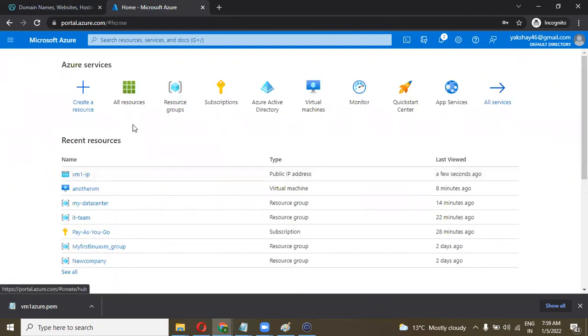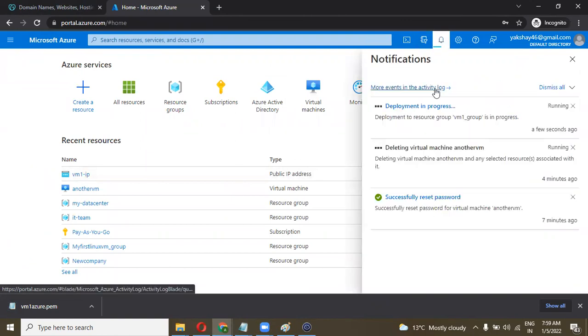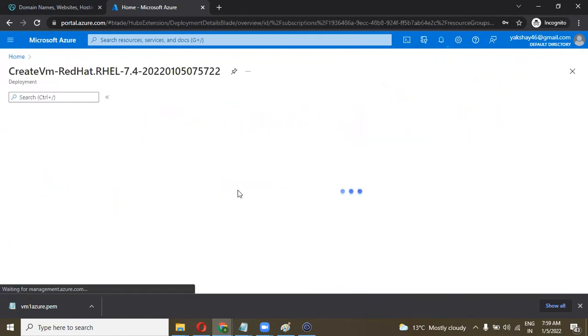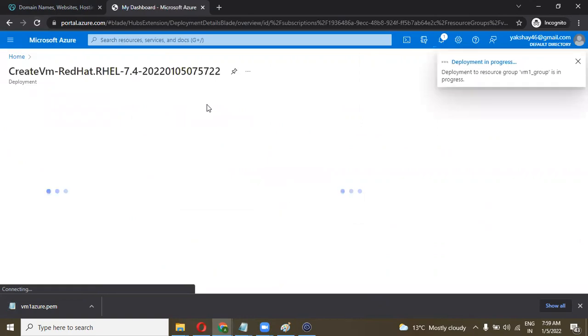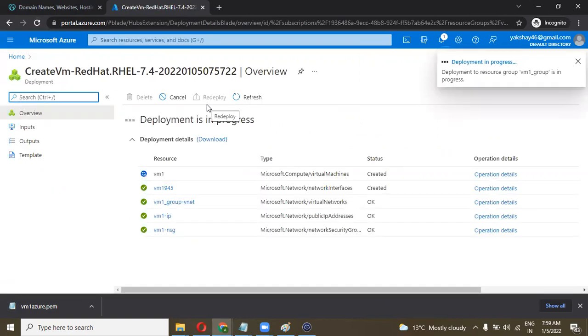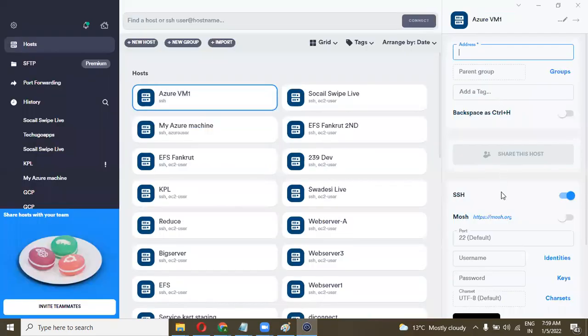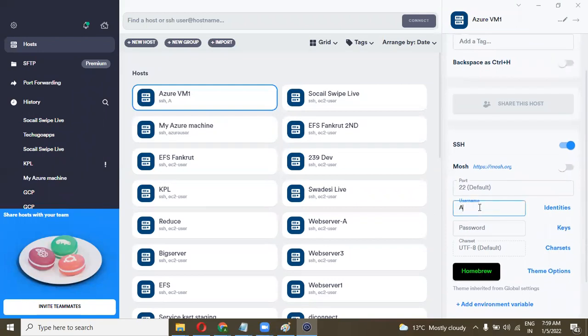Go to the home and wait for the deployment to complete. Deployment is in process. Let's refresh this page once again. Set another thing here: username is Azure user by default.